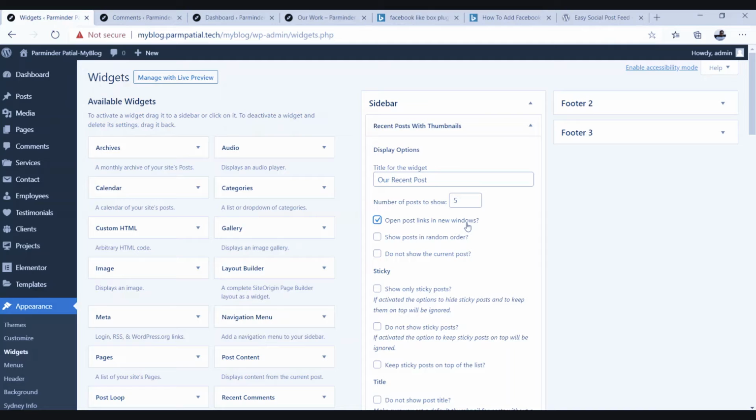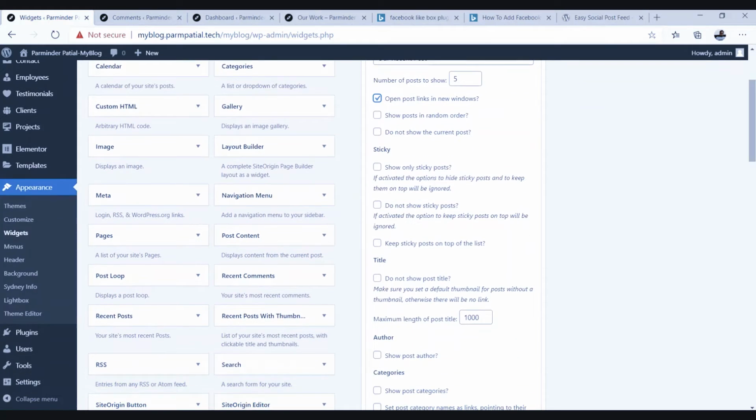So if you click on any of the posts, then the post will open in the new window. Show posts in random order, that you can select. Do not show the current post, that need not be set over here. Then you can select over here the sticky option. Sticky means that if activated, the option to hide sticky posts and to keep them on top will be ignored.